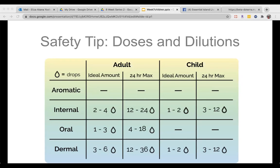a day. So if you can see from this chart, children require much, much, much smaller doses of essential oils than adults when it comes to all different forms of uses. The dermal section refers to what we typically call topical application or application directly to the skin. We want to remember that with dermal application, especially with kiddos, we pretty much always want to dilute. There are a handful of oils that are really safe to use, what we call neat, without dilution. Frankincense, melaleuca, and lavender are the top three I think of with kiddos. But other than that, whenever applying anything to the skin, dilution with the carrier oil actually has a plethora of